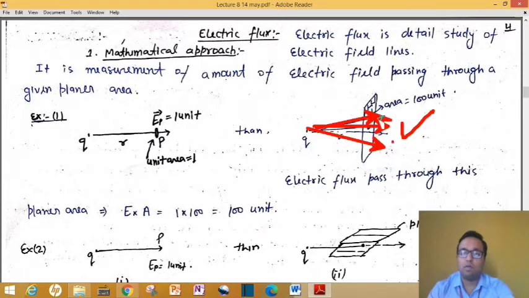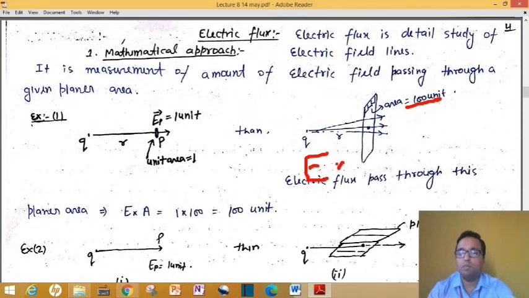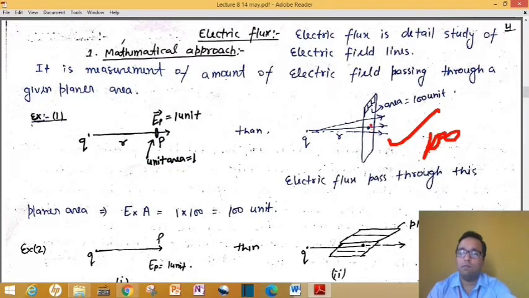So the total amount of electric field that will come out of this whole area, how much will that be? For one unit area the electric field is E, that is kq upon r square. If your area is 2 units, then electric field E into 2 times the unit area, means 2 lines will come out. Now I am asking you how many lines will come out of this area. You will say 100 lines will come out, because 1 line is coming out per 1 mm square area, and from this much area 100 lines are coming out. So the measurement of these lines is nothing but your electric flux.